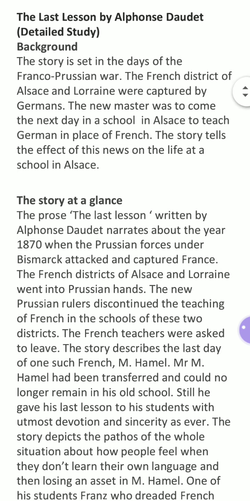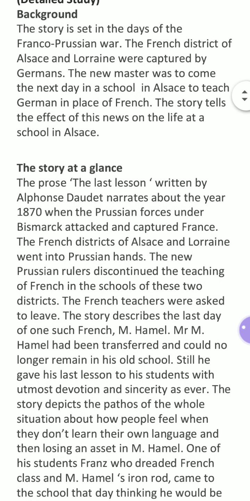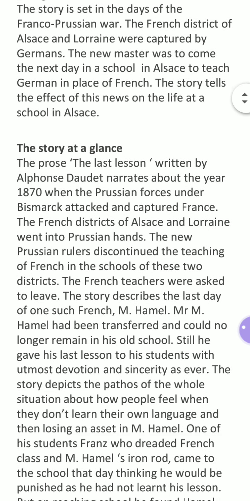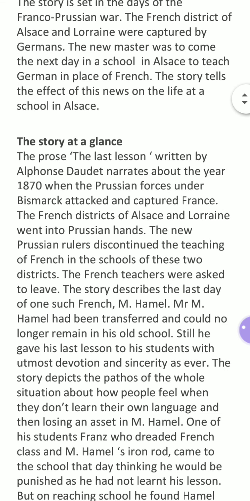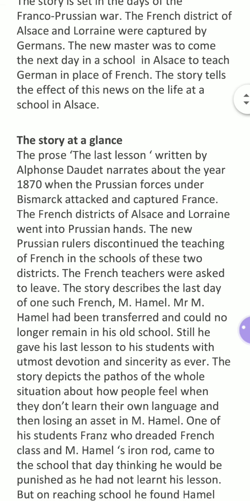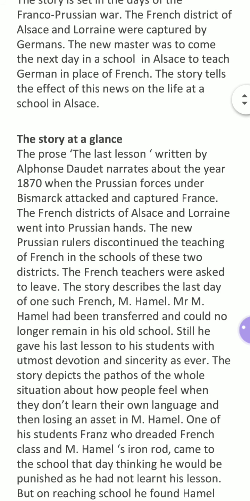place of French. So the French people were asked, or rather forced, to read the language of German, and that first implementation and first enforcement of law was there in two districts of French, that is Alsace and Lorraine. The story tells the effect of this new order on life at the school in Alsace. Means what happens after the rules implementation and forceful implementation of the rules, okay. What happens in a school and what happens to the characters and how they react about the language,